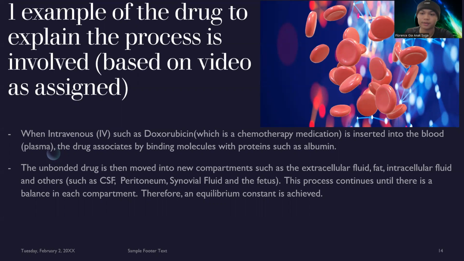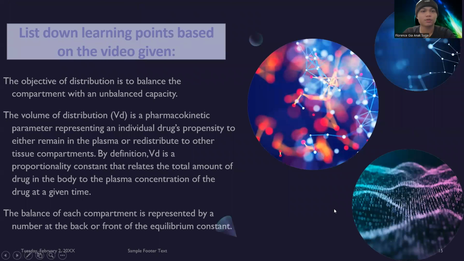extracellular fluid, fat, intracellular fluid, and others such as the CSF, peritoneum, synovial fluid, and also the fetus. So this process continues until there is a balance in each compartment. Therefore, an equilibrium constant is achieved. The learning points based on the video given is that the objective of distribution is to balance the compartment